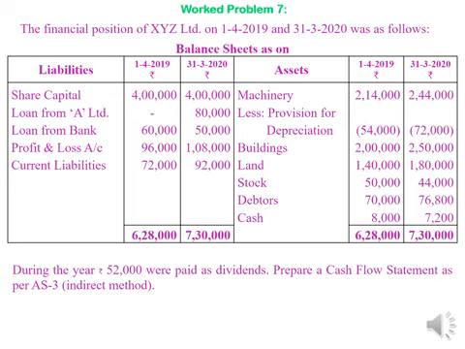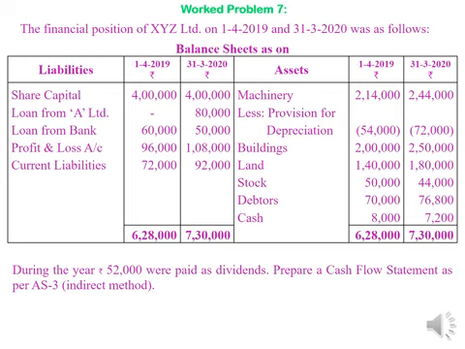That will be discussed later. Let us focus on this problem. Buildings, rupees 2 lakh and 2,50,000 is given, but in the information there is no mention about the nature of that increase. Therefore, 50,000 has to be assumed as purchase of building during the year. Land is also increasing, 1,40,000 and 1,80,000. That also should be taken as purchase of land during the year.